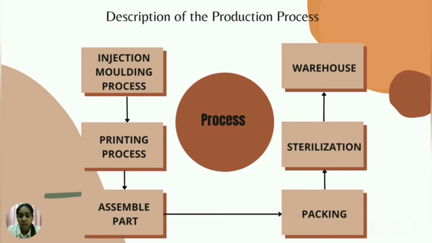The next process is sterilization, where the ETO sterilizer sterilizes the syringe in the cabinet with ethylene oxide gas. It is done for all the medical products that are not suitable for conventional